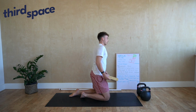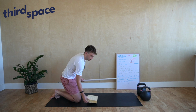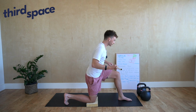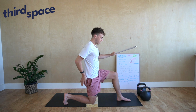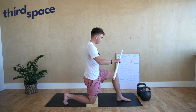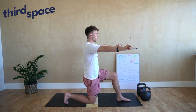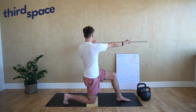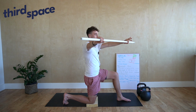Our next one is going to be a half kneeling lunge with our dowel twist. So again, we can use a pillow or a block for our knee if that feels good. And then from here, we're going to get into this position, and we want to think about bringing our back hip forward, front hip back, so we're squaring our hips to the top of our mat or the room we're working in. And then from here, I'm activating my hips, and I'm just going to be doing some twists side to side,